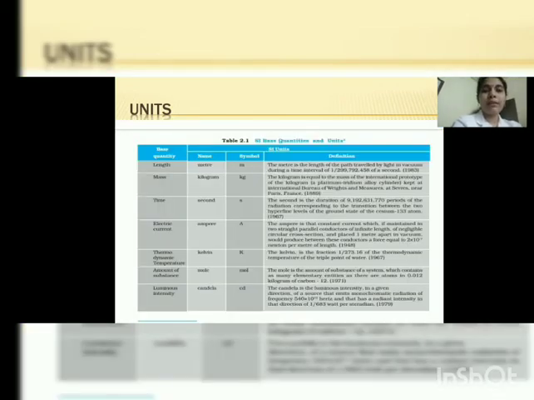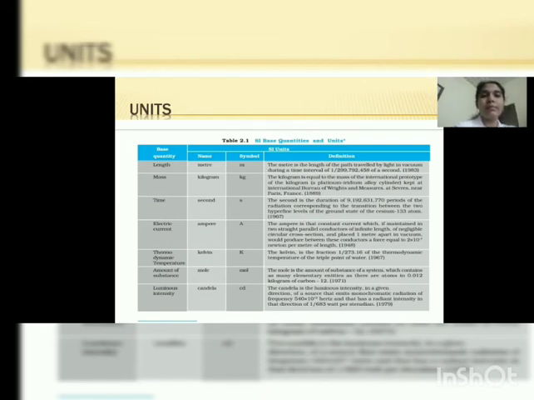So how is it possible for the layman, or for students like you, to remember all these physical quantities? It's very difficult. So scientists began to think on it, and at last they found a solution. They reduced the number of physical quantities to 7, and those quantities are called fundamental quantities or base quantities. Here you can see a table, and in this table the 7 physical quantities